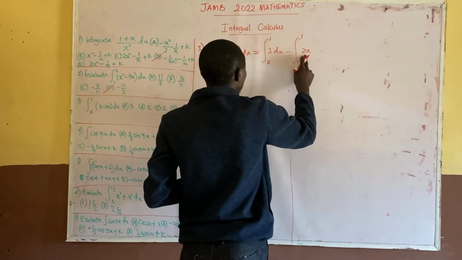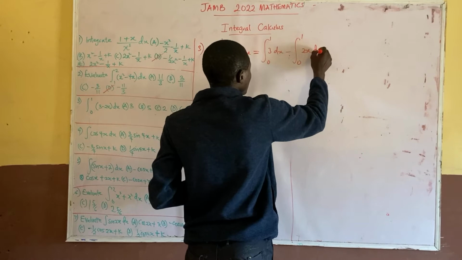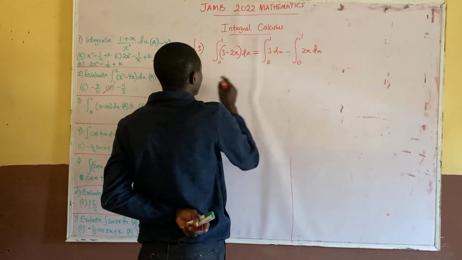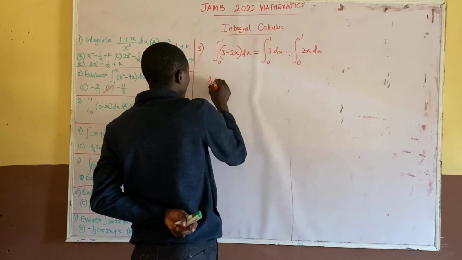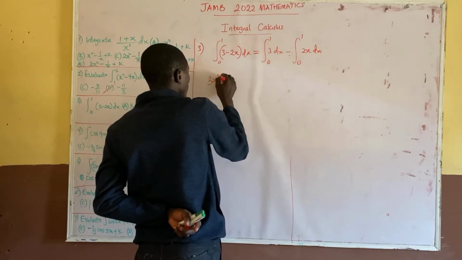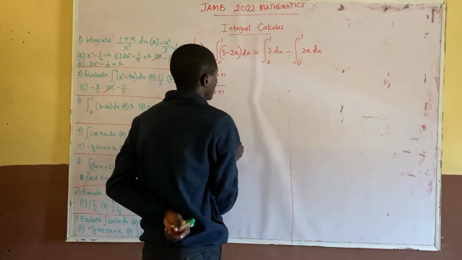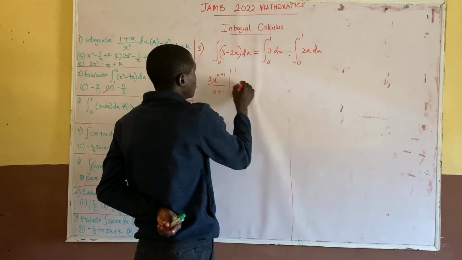So the integral of 2x with boundaries 1 and 0, dx. So what do we have here now? We have to integrate this one. This is a constant, then introduce x. 3 raised to power x raised to power 0, 3x raised to power 0 plus 1, all over 0 plus 1, boundary 1 and 0 minus